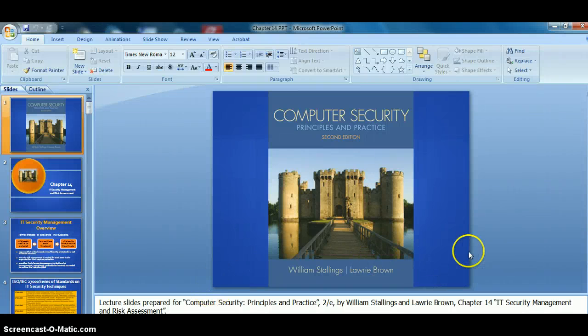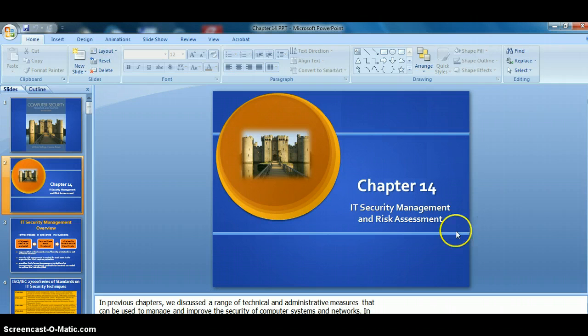Dear all of my students, let's start today with the material related to chapter 14, which is IT security management and risk assessment. When we look at security from a global view, we have to understand that security is not only the security